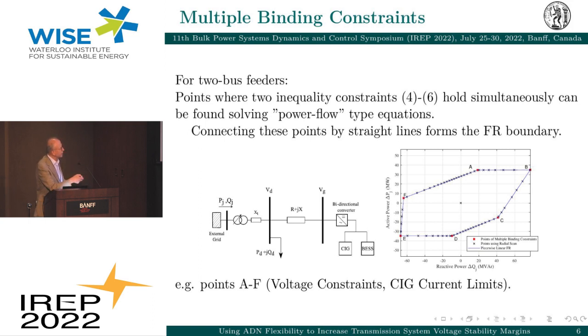Another case would be this is at the minimum, and then the reactive power of your source is at the maximum, so you have a slack bus, a PQ bus, and then again you compute the point. So you see here, these are the multiple binding constraints that are feasible, the red dots, and this is the number of points computed with the radial method that we'll describe later, and you see they very much are close to forming an irregular polygon. So this is the one approach that is more explanatory because it's only for very simple